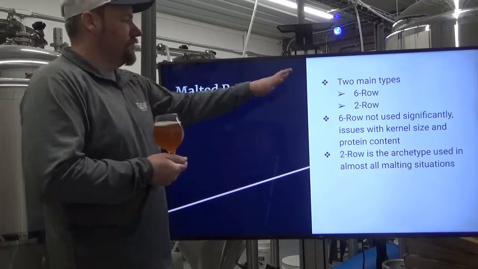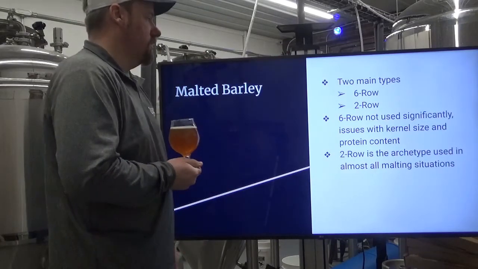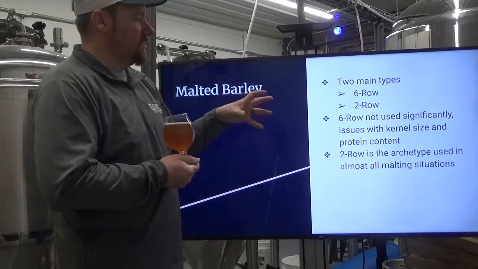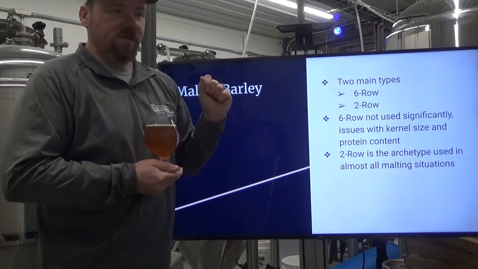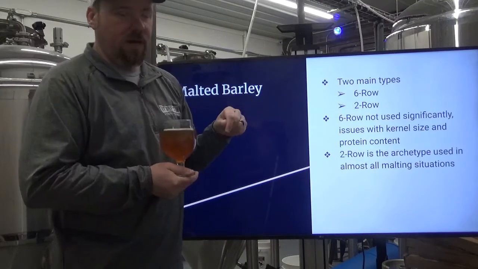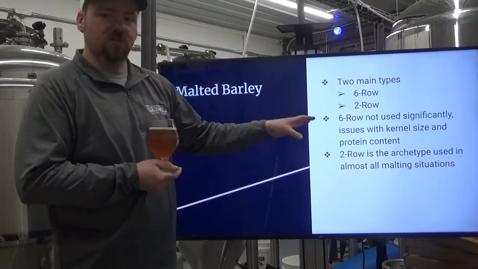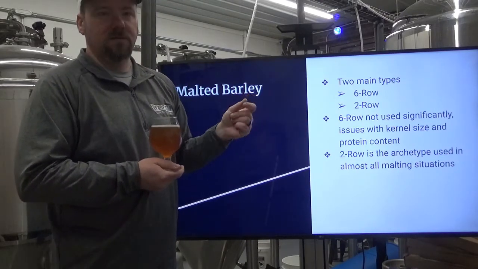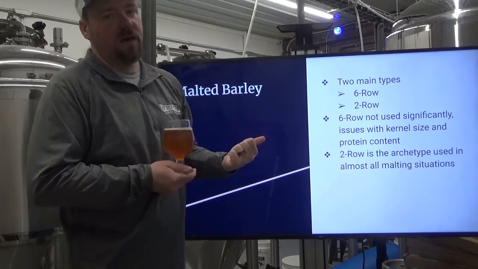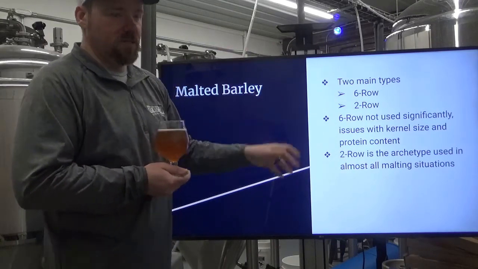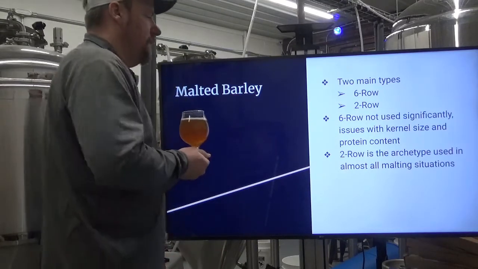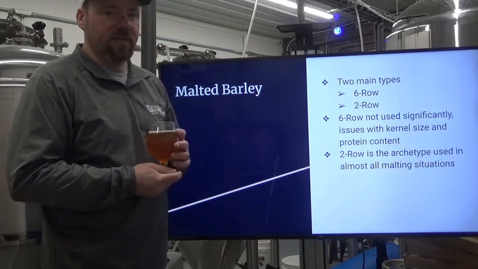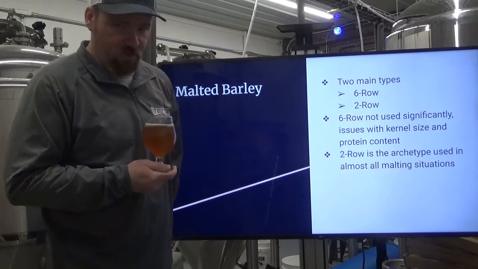So malted barley, two main types, a 6-row and 2-row. And the 6-row, when you see a picture of it, the head itself just looks crowded. And that's kind of what the issue is with 6-row. You get inconsistent kernel size because it's just crowded. There's just not a whole lot of space there for that many kernels. There's also a high protein content, which is not the best for brewing,